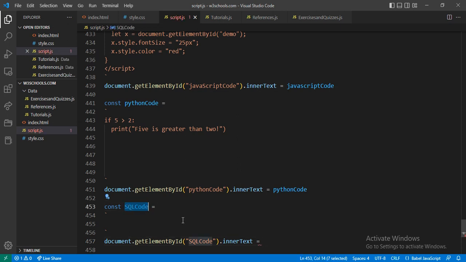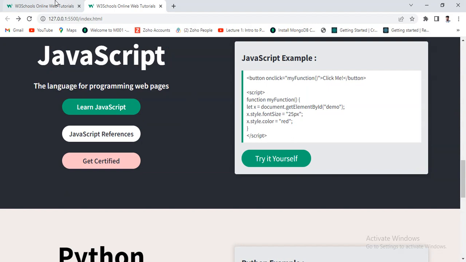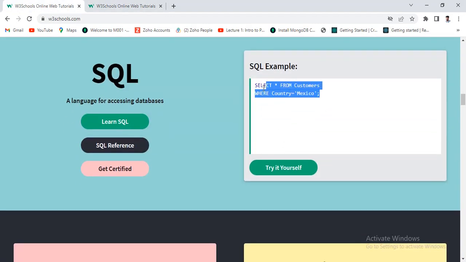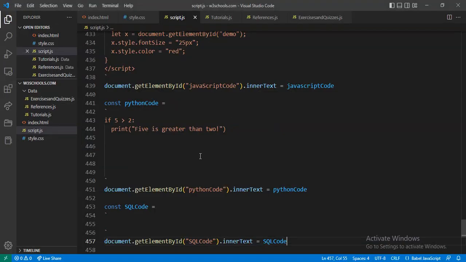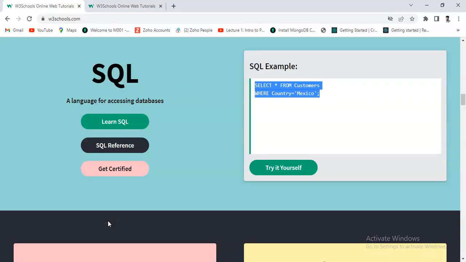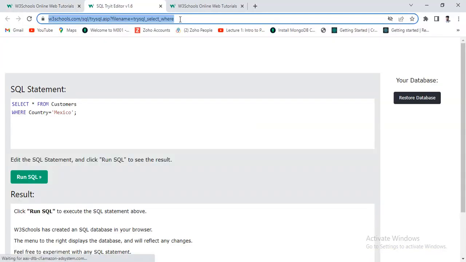Just copy this and paste this here. Now see, this will be done, and inside that I want to go code. For that, come here, SQL code, just copy this, paste inside this,